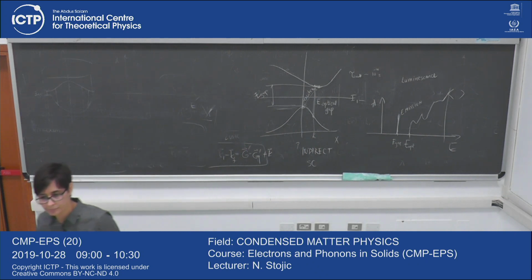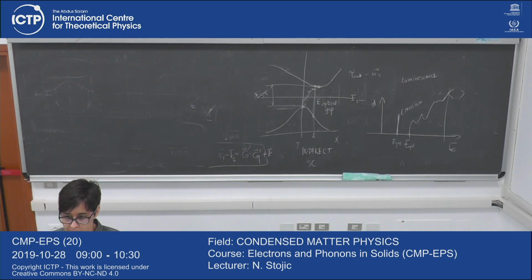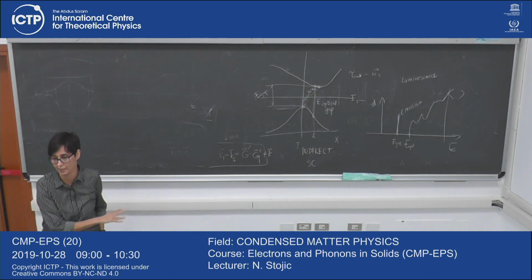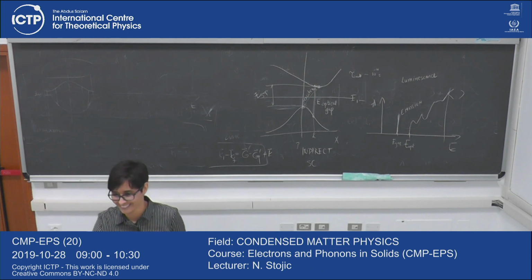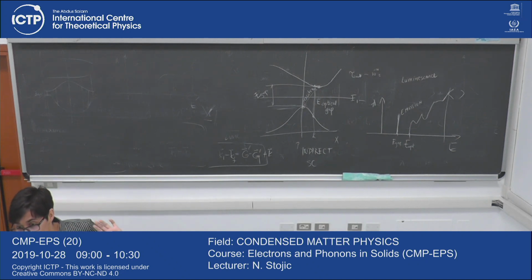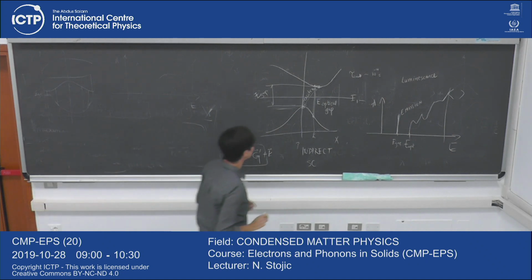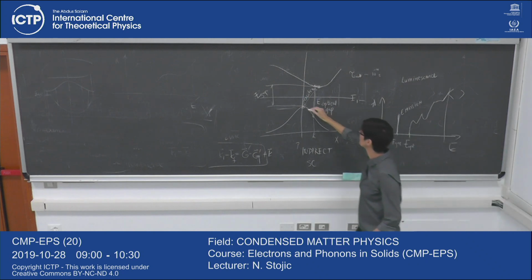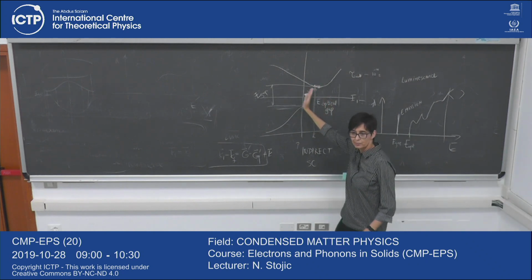So basically it means that if this is the crystal and I'm shining the light in this direction, there is no absorption. It is possible to have indirect transitions. I just don't want to confuse. We are now staying in the visible light regime. It's not impossible. It depends also on how much you want to do. If it's just a little bit from here to here, it's very likely. Depends.